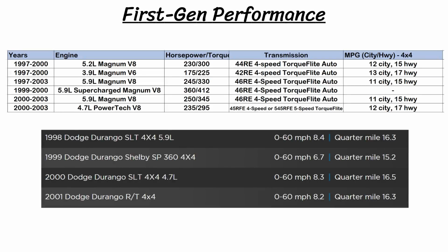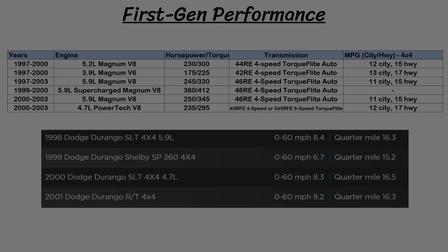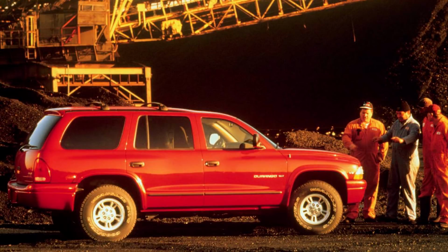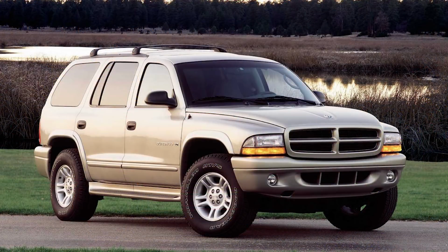The RT model with the regular 5.9 V8 had a 0 to 60 of 8.2 seconds and a quarter mile of 16.3 seconds. A two-wheel drive version was added for $19,999, while the four-wheel drive versions had a choice of two different transfer cases. There was a traditional part-time system for those that were more serious about driving off-road, and